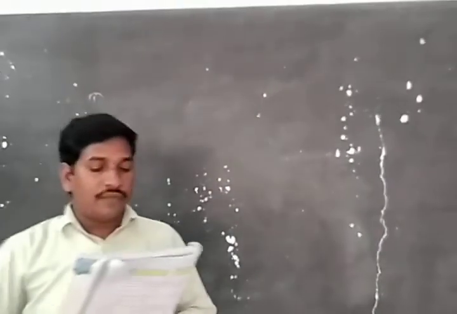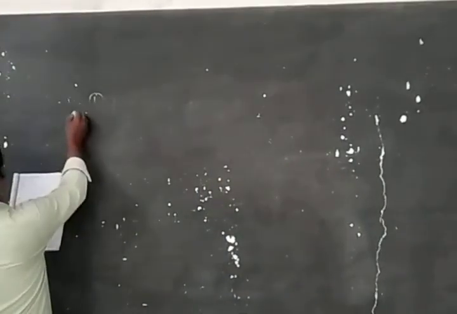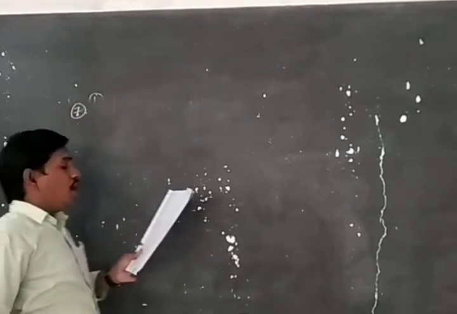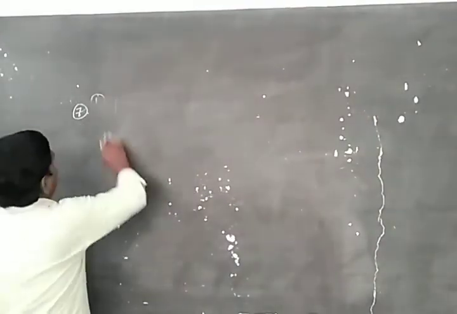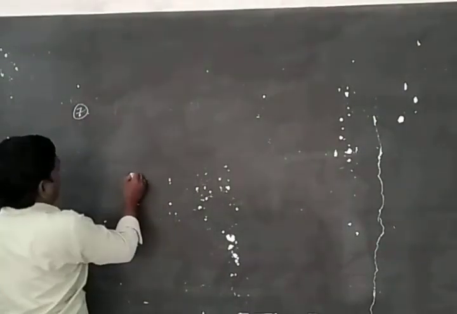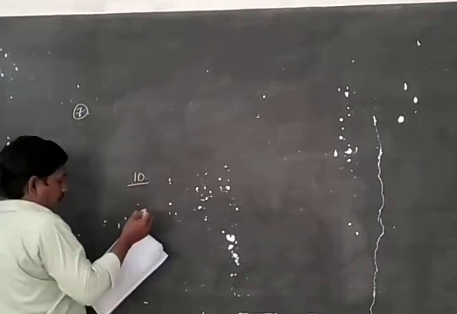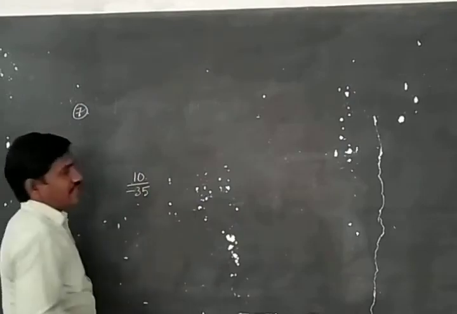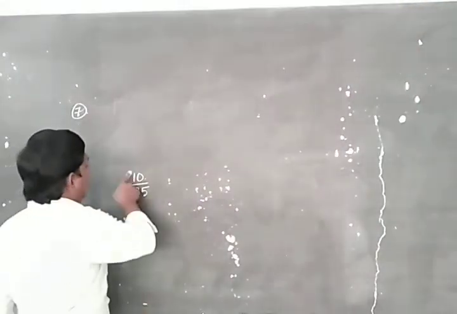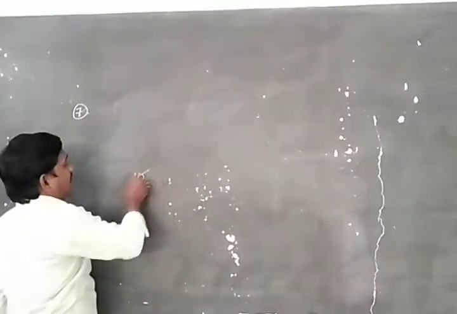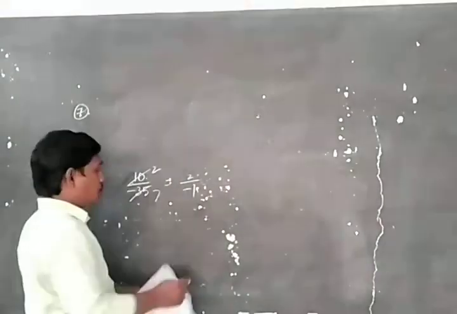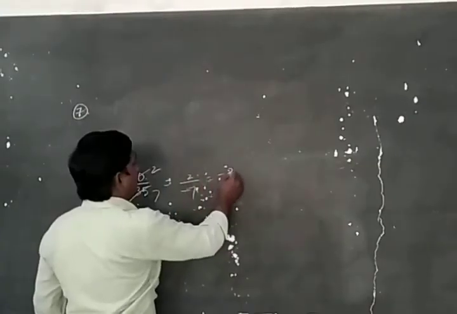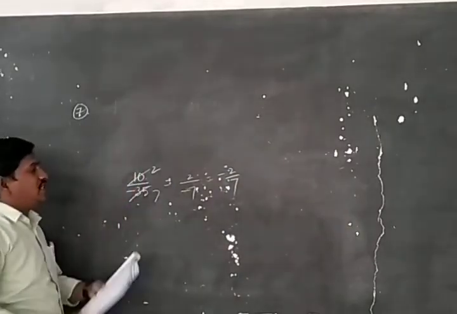Next, the standard form of 210 by minus 7, the first one. Here there is no option for that. There is no option for the standard form of 210. Write only 10 by minus 30. There is no option for the given question. Write only, eliminate 2. Eliminate 2. In the 5 table, 2 times, here 7 times. 2 by minus 7, or minus 2 by 7. This is the problem.